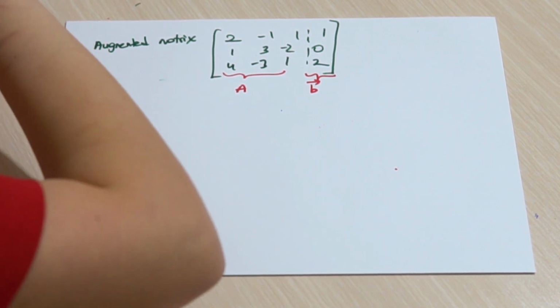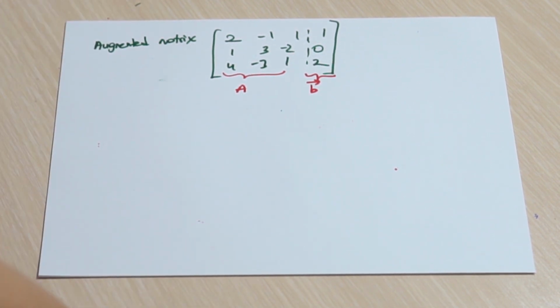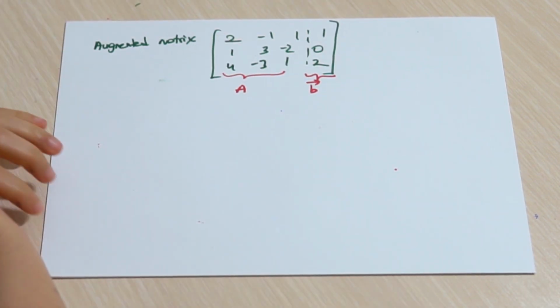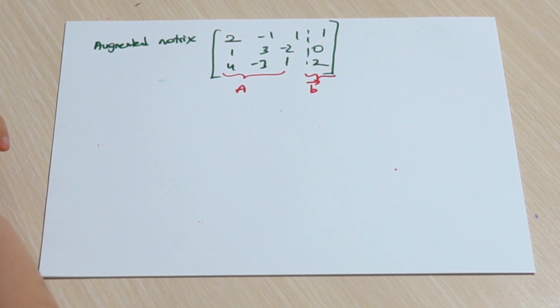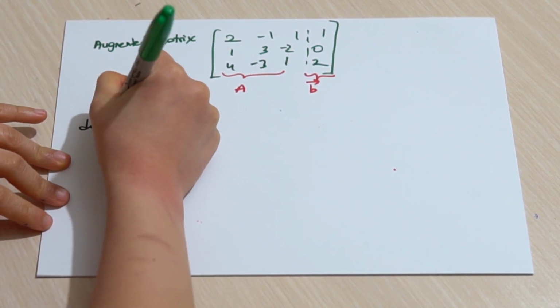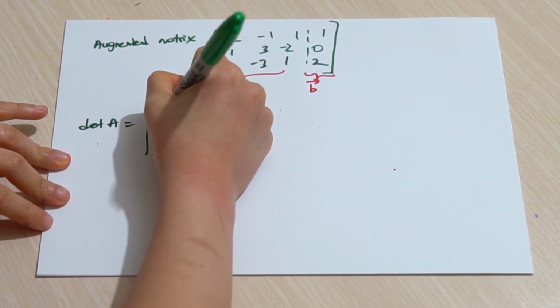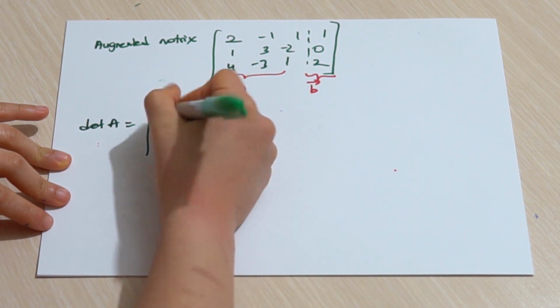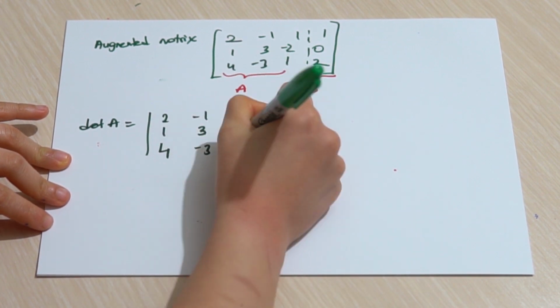Before trying to find the A_i's, let me first find the determinant of A, so we can guarantee whether there is a unique solution or not. Since if the determinant is non-zero, then there is a unique solution. Let's find the determinant of A first. This will be 2, minus 1, 1, 1, 3, minus 2, 4, minus 3, 1,